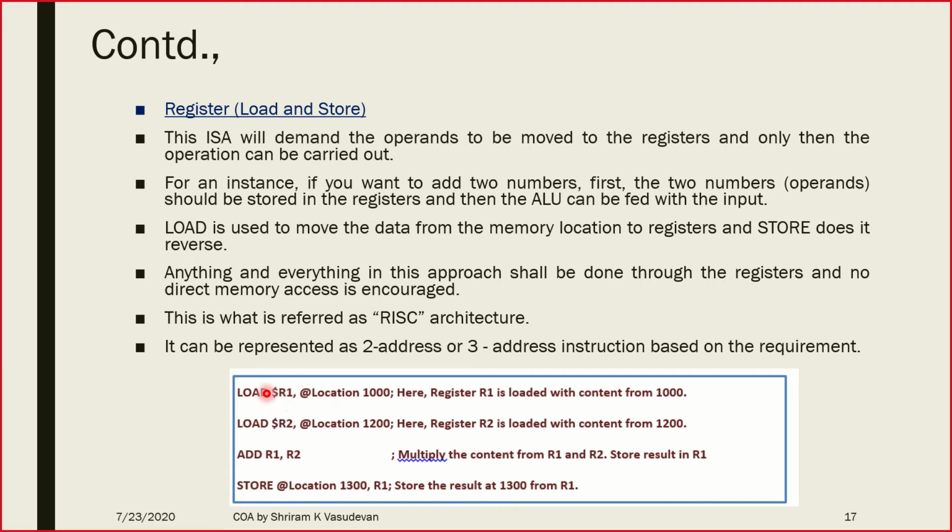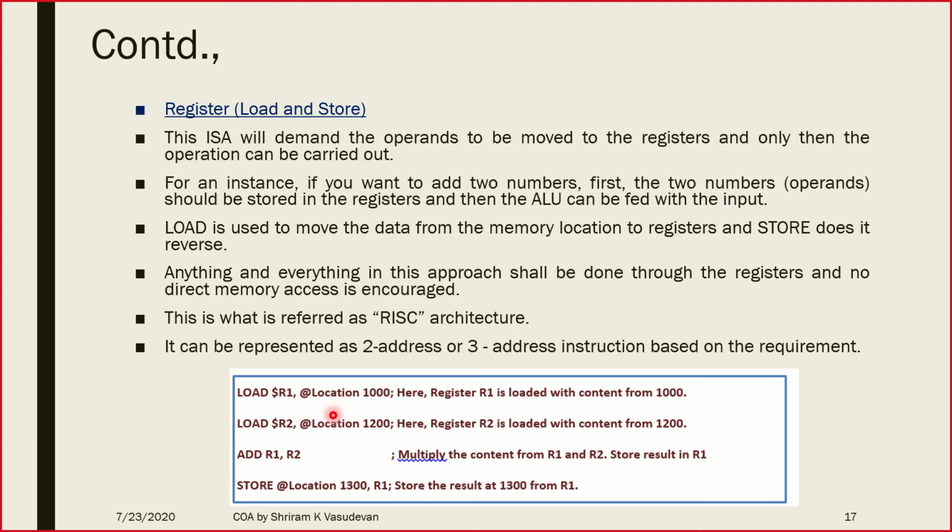R1. Don't worry about this dollar and all. We will talk about it later. There are a lot of approaches that you need to follow towards presenting and writing it appropriately. I'm going to talk about it a little later, in my next session or the session after that, where the way you need to present these instructions is very important. Don't worry about it right now. Sir, why dollar, sir? What does that symbolize? All those have meaning and we will talk about it later.